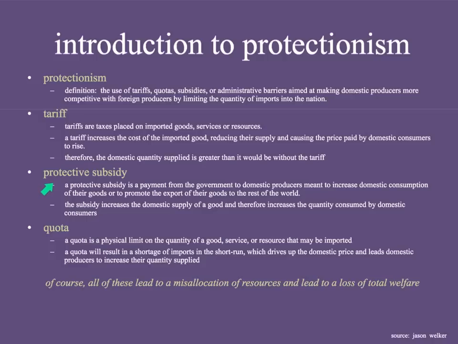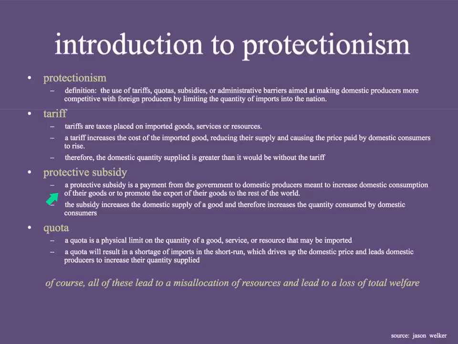Protective subsidy. A protective subsidy, definition, is a payment from the government to domestic producers meant to increase domestic consumption of their goods or to promote the export of their good to the rest of the world. So basically it's saying, like, okay, let's take corn, for example. If there's a government subsidy to corn,